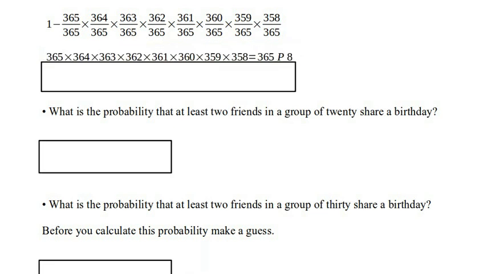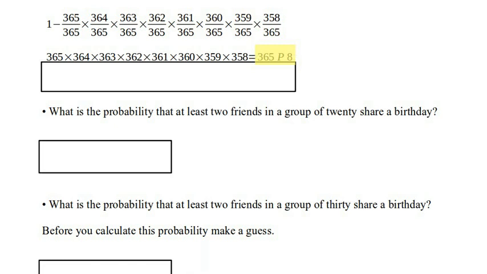So here is an example of using the same symbol to denote different things. That P is not a probability symbol. It's not got parentheses. That P is a permutation. Notice that it is stuck between two numbers, the 365 and the 8. The 8 is the number of friends. That's the number of factors in here: 1, 2, 3, 4, 5, 6, 7, 8. So we don't have to count down to 358 or 357. We can simply say 8. This expression is read